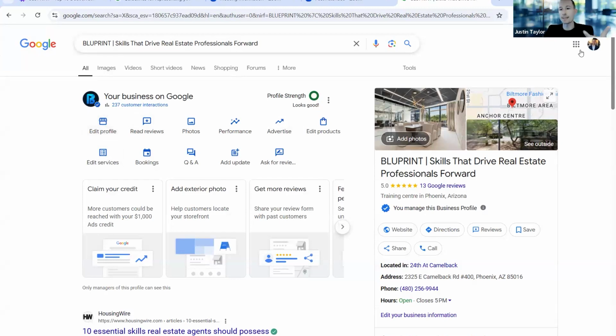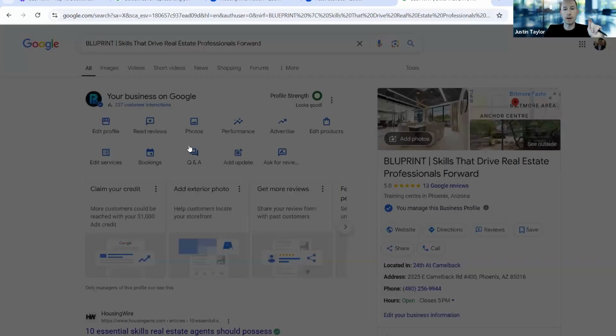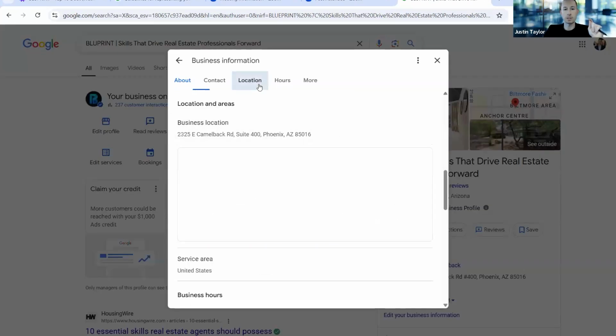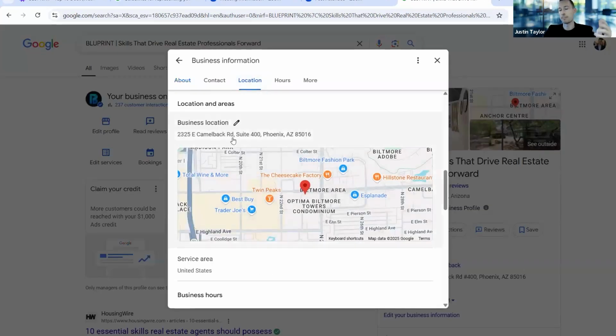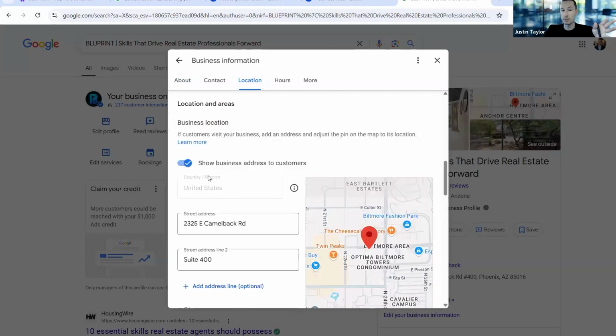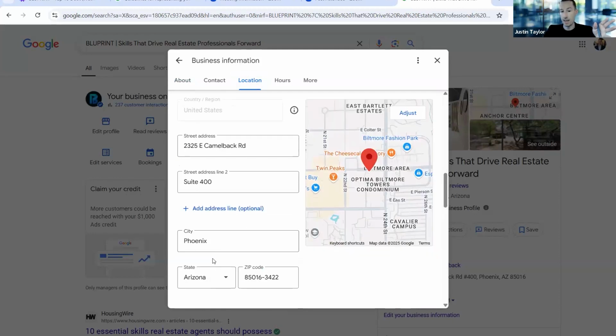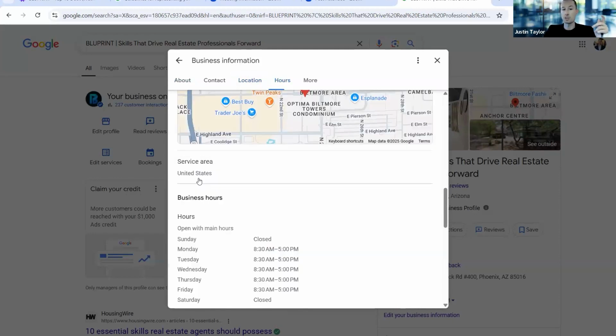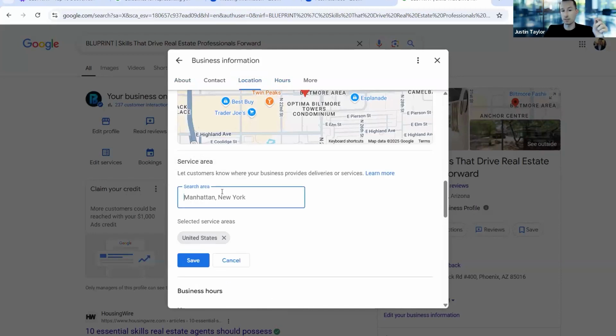Okay, so once you're logged in and you're looking at your actual profile, you want to click edit profile, and then you're going to go to location, scroll or click this. Obviously, we have a physical office at this location, but for you guys, I would not have the address there. So I'd click the pencil, toggle this off and save. And then just below that, you have service areas.